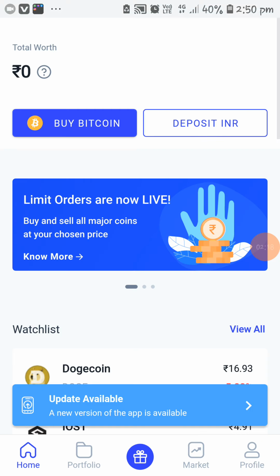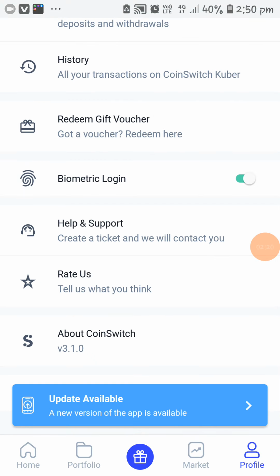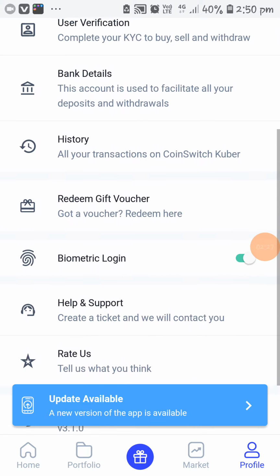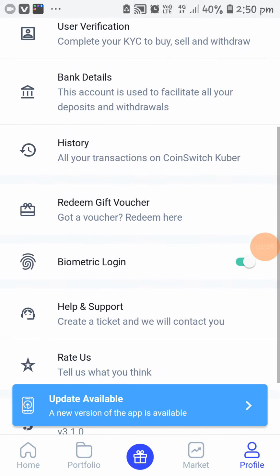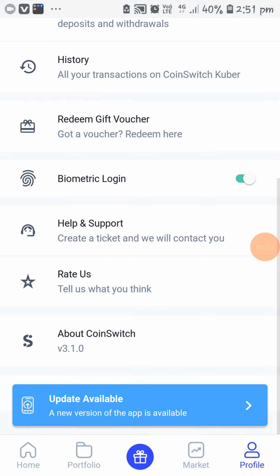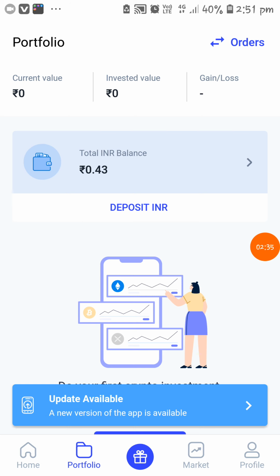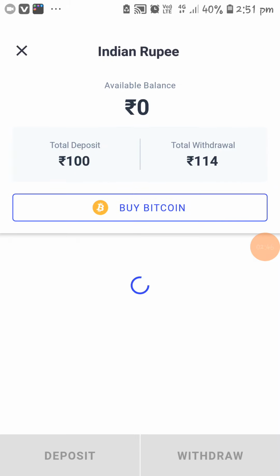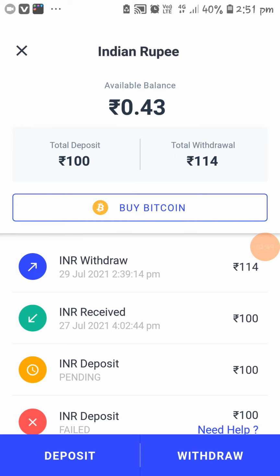Click on the profile. Okay, sorry friends, not profile. Click on the portfolio here, the second option. Once you click on the portfolio, click on this total INR balance. Here enter the amount which you want to invest.